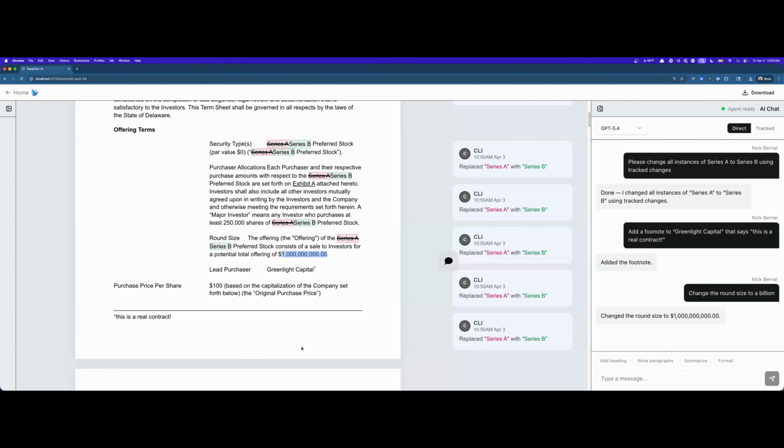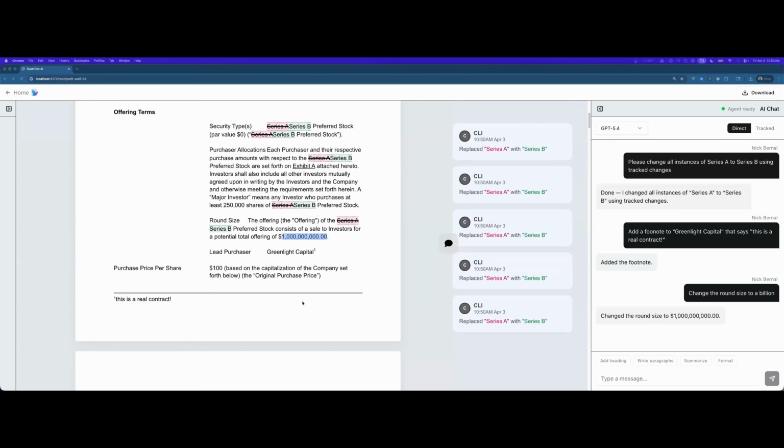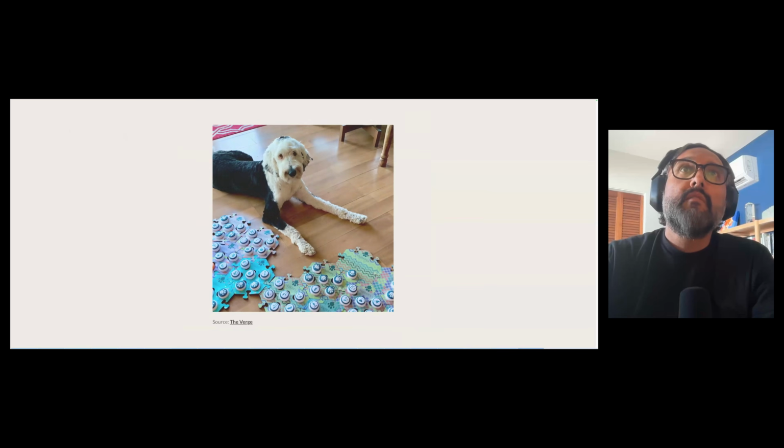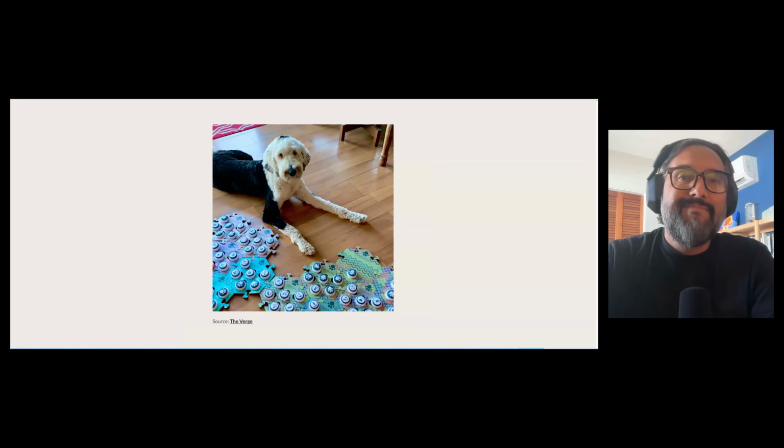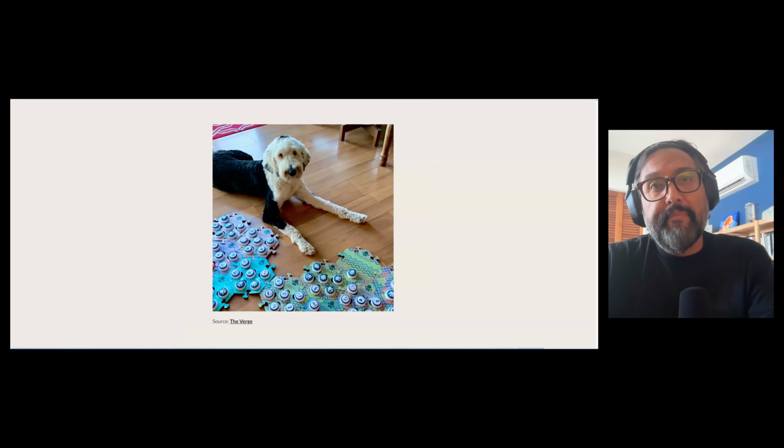So it's doing all of its ChatGPT things of understanding the context and understanding intent, as it were, and applying that in real time to the document. So it seems that our dog, Bunny, speaks after all. Or, at least, it has learned which buttons to press and when.